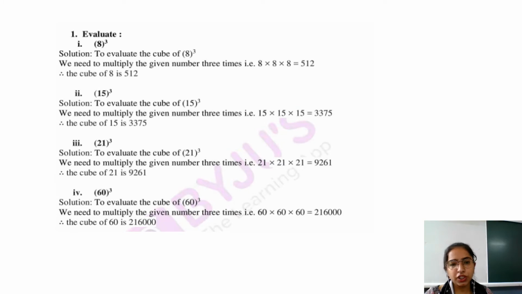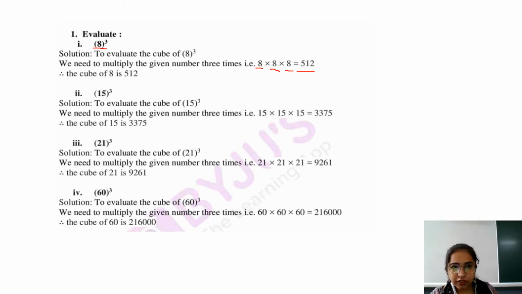So students, doing cube root, cube means multiplying the number 3 times, right? If you want to do the cube of 8, what you have to do? You have to multiply 8 three times. 8 multiply 8 multiply 8, then it will be 8 8s are 64, 64 8s are 512. This will be the answer, right? So by this only you have to do the cubing. Okay, after this question I will make you explain cube root. That is the main concept in this question.